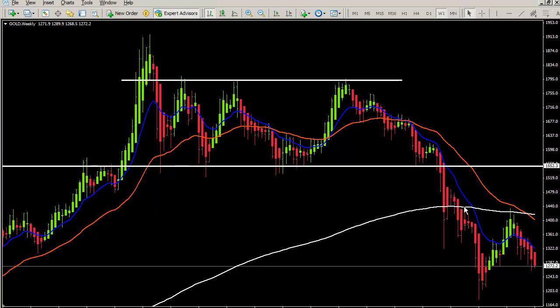What happened when it touched the 200 EMA here? Did it bounce? No, nothing. It just broke. It just went through. Okay, so if it's going through, okay, it just happens. But what happened afterwards? The price created a new low,